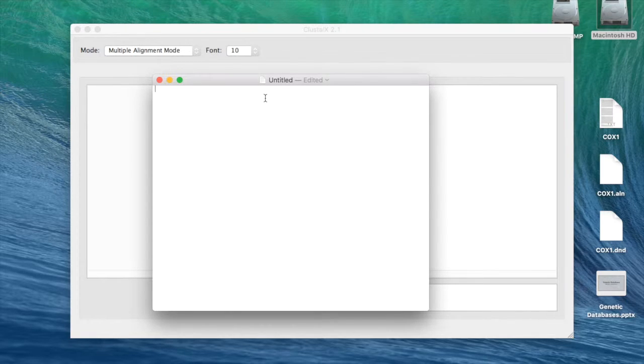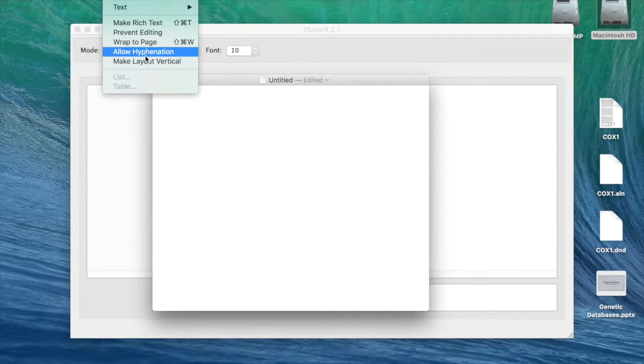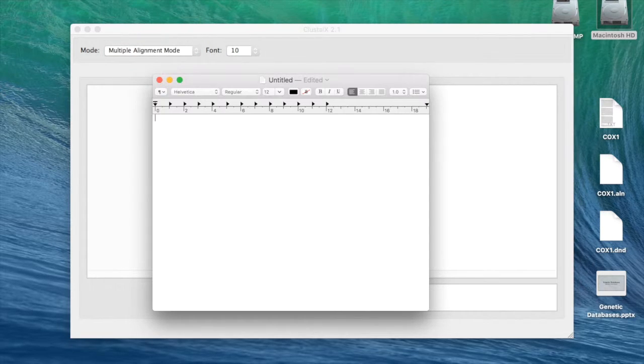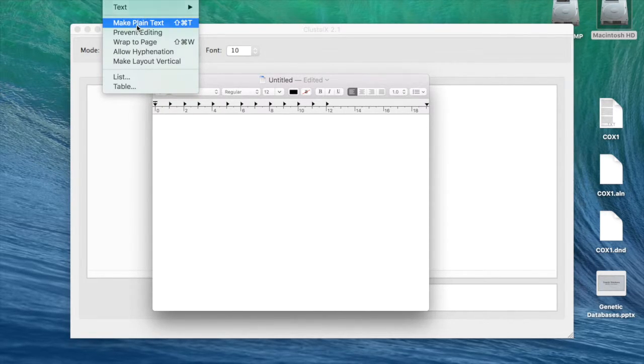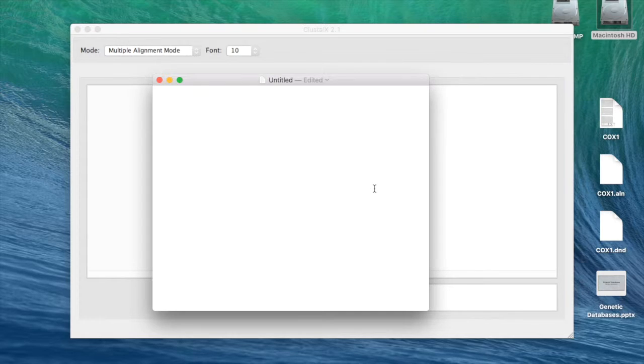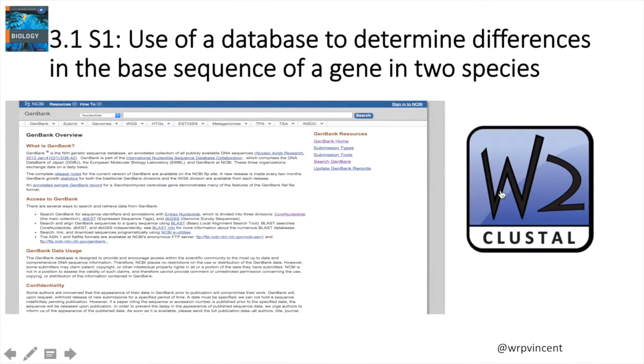Okay, so just switch this over by going to the text edit menu, to Format, and then make not rich text. I've just done this, but make plain text. There we go. Okay, so now we're ready to roll. The last thing we need is some sequences to